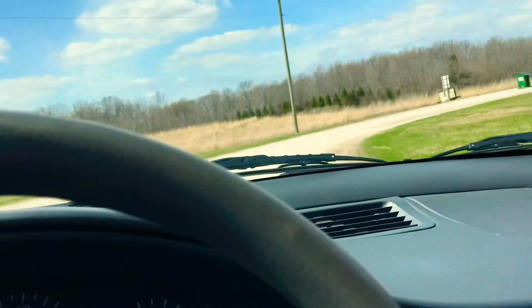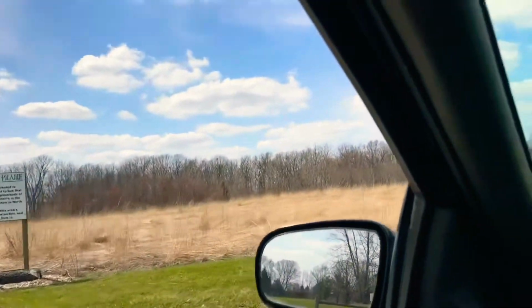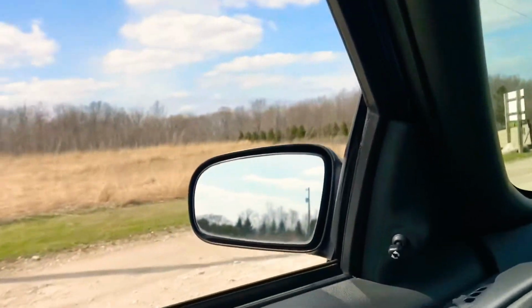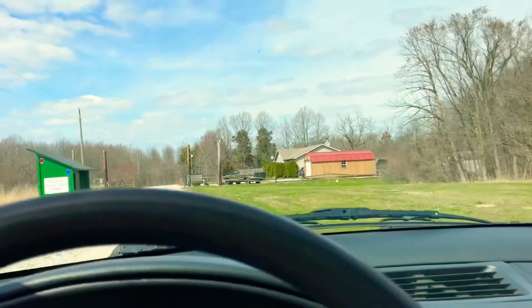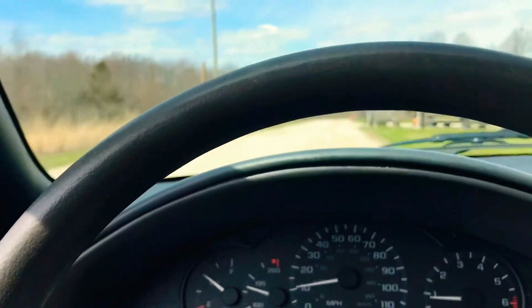Alright, I just got done with the first half of the shoot. I didn't really get to record anything, but here's some of the scenery. It's really nice. It's a little camp just outside of my town. And now we're headed into town to get more of like cityscape, or not cityscape, but just kind of like